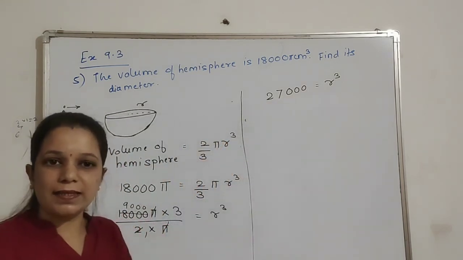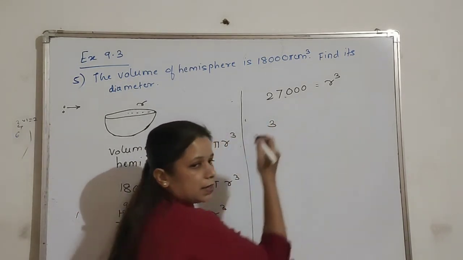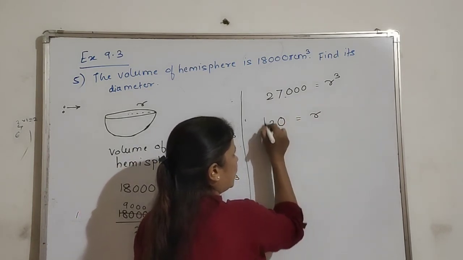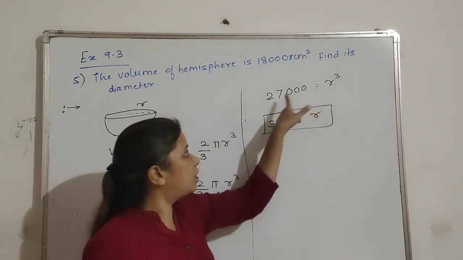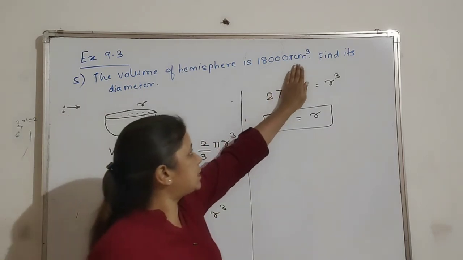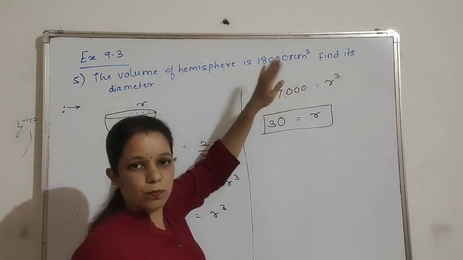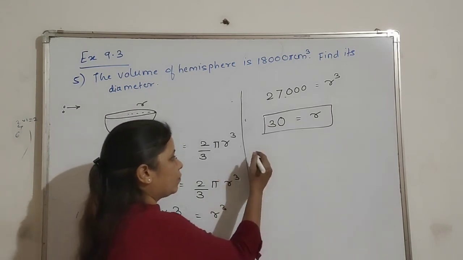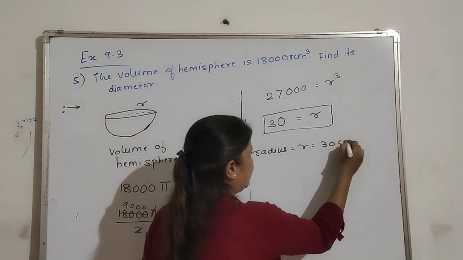27 का cube root होता है 3, so here this 3 और ये 3 zeros है, इनका क्यूब रूट जब हम लेंगे तो एक ही जीरो आ जाएगा, सो 30 इक्वल टू r. Okay, we are calculating cube root of 27,000. So cube root of 27, first we will take it is 3. These 3 zeros का क्यूब रूट एक ही जीरो आ जाएगा, so 30 is equal to r. So here we have got radius equal to r equal to 30 centimeter.